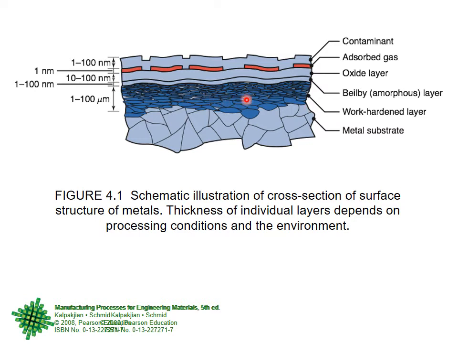Because of strain hardening, the grains in this layer are longer and so on compared to this. The diameter is smaller, and if the diameter is smaller, then the Hall-Petch equation says that the strength will be higher. So that is why strain hardening or strengthening has happened here. The rest now is the general metal. So this is a very good idea: from the top of the material, whatever you have produced, if you go down inside towards the base material, these are the different things there.